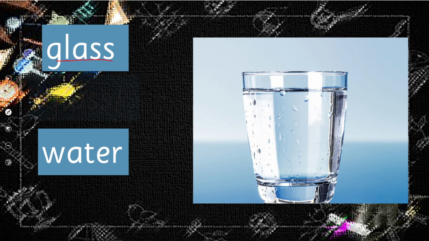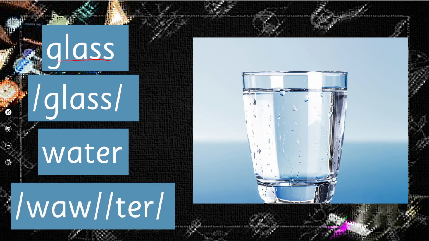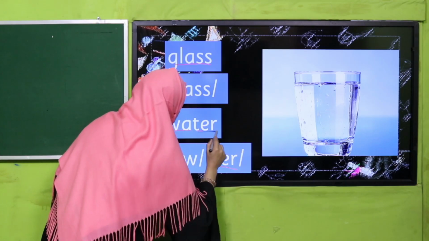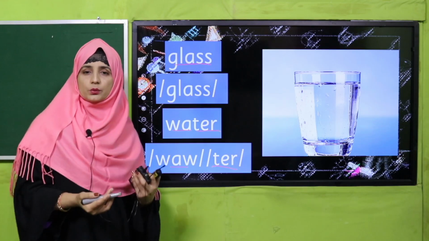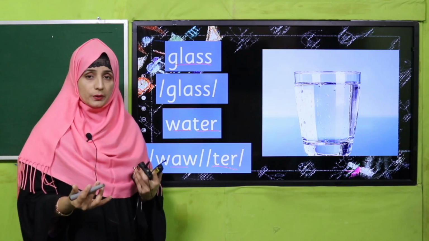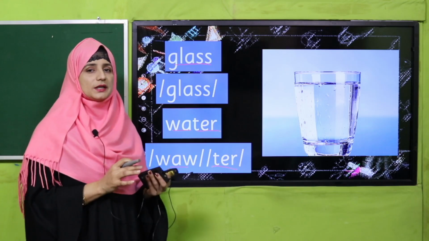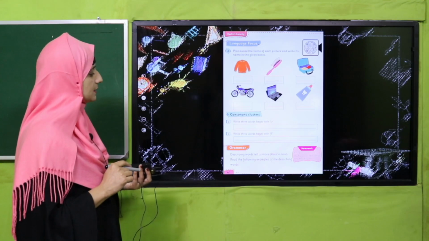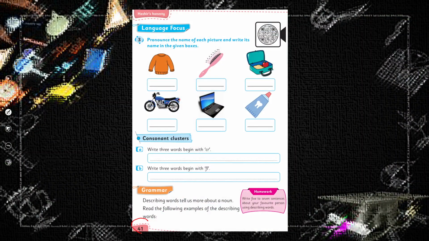Water. Let's see. Single, yes, and water, 2 syllables. Water, water. Is it clear, my dear students, how we can syllabify a word through different examples? While pronouncing, you will get how we can syllabify a word according to the vowel sounds. See there, so open the book, we are going to learn about consonant clusters, and also there is a question